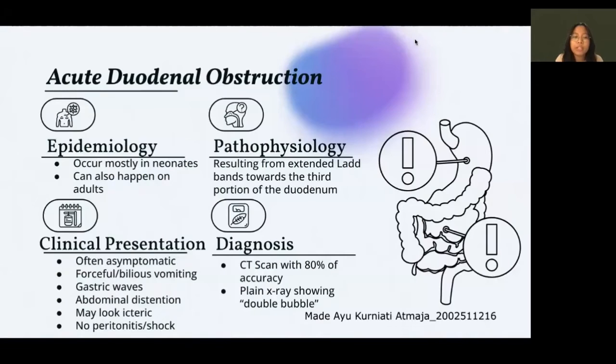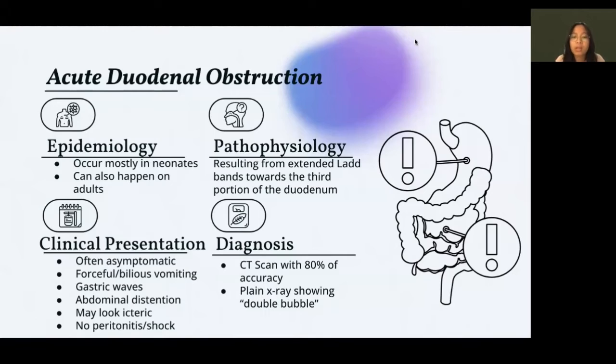Okay, so now I'll explain about acute duodenal obstruction, which occurs mostly in neonates but can also happen in adults. This obstruction results from extended Ladd's bands towards the third portion of the duodenum, with the clinical presentation often being asymptomatic, forceful or bilious vomiting, gastric waves, abdominal distension, and the patient may look icteric, with no signs of peritonitis